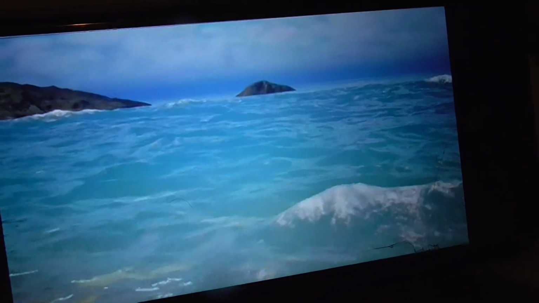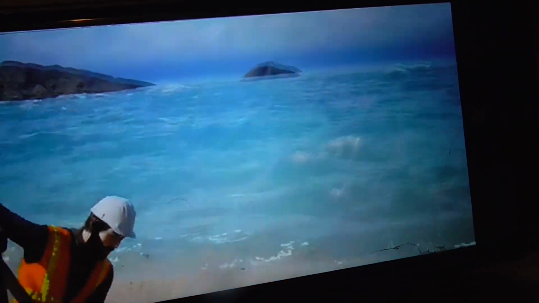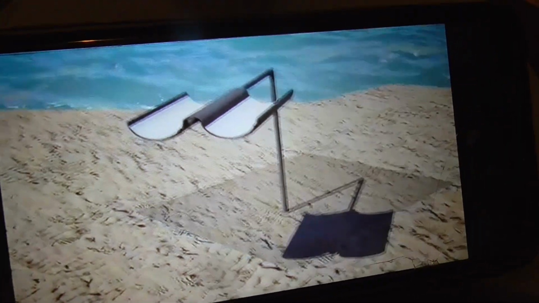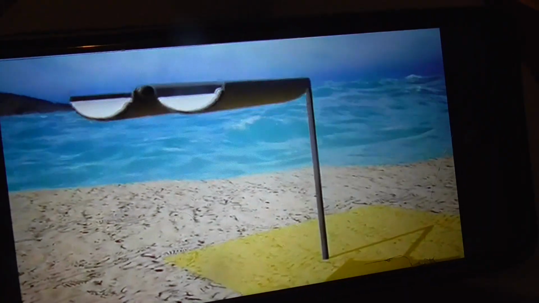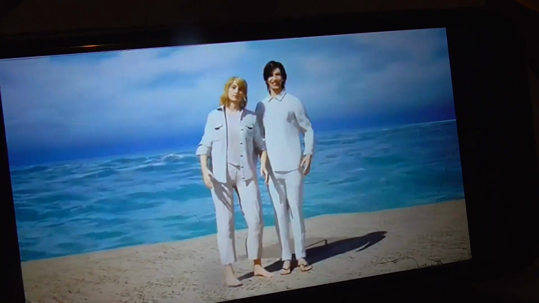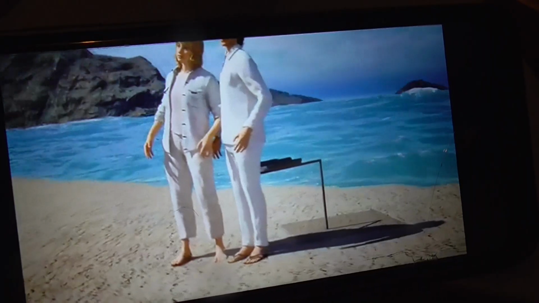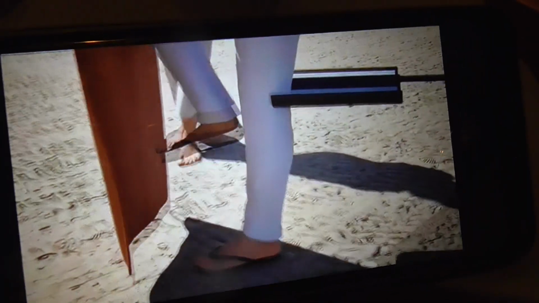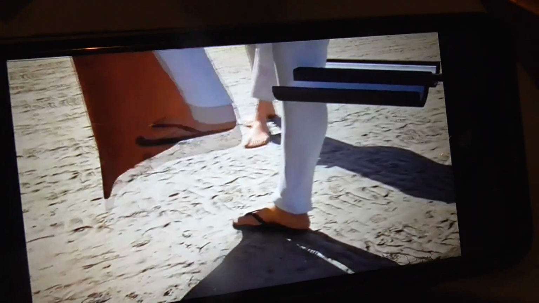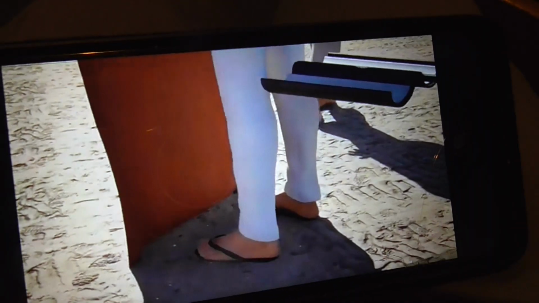At this point, you've probably already figured out the secret. Before they started filming the trick, they dug up the sand and mounted a platform on it that looked something like this. They secured the platform in place and had both Claudia and Copperfield strategically positioned to block it from view. Once Copperfield had performed the most impossible-looking trick in the world with the towel, he carefully took off his